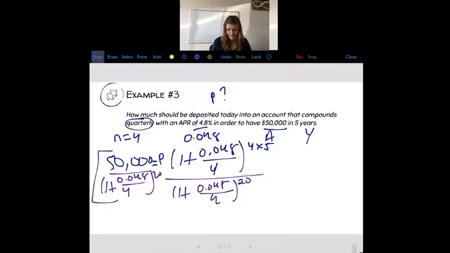Divided by 4. And then you would use your exponent raised to the 20th. Okay, so that is what goes in the calculator if you're using a Casio. You'll do essentially the same operation in the Texas Instruments, but you'll have to enter it a little differently. So we get